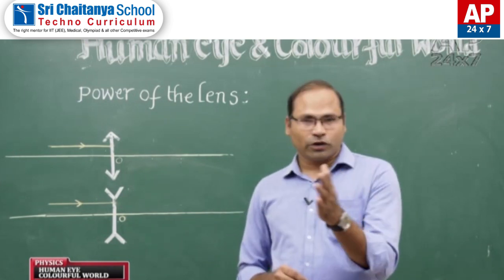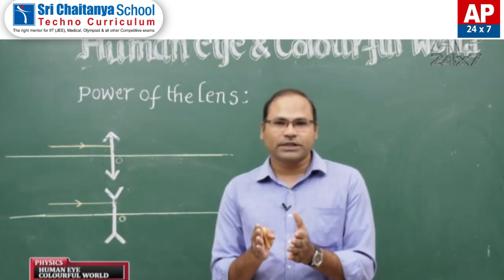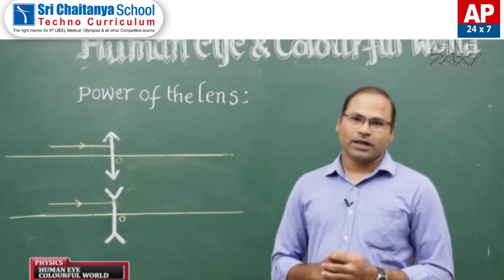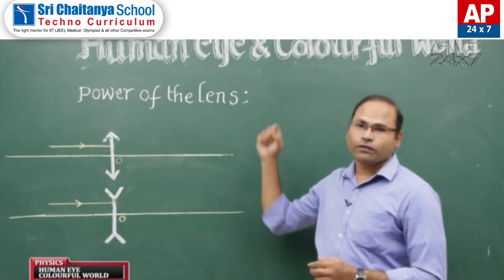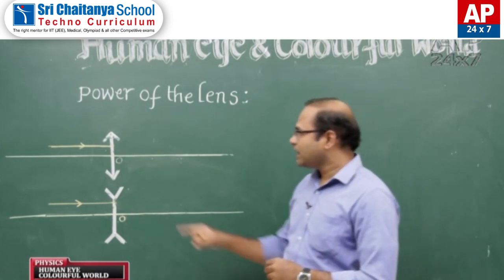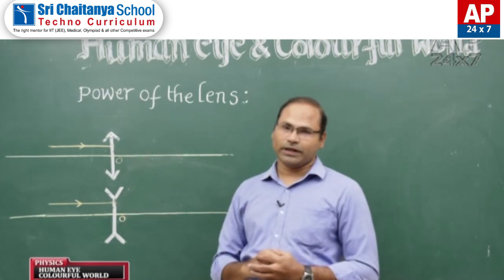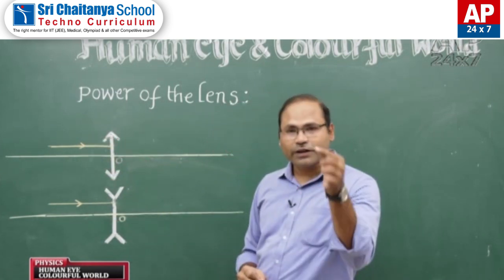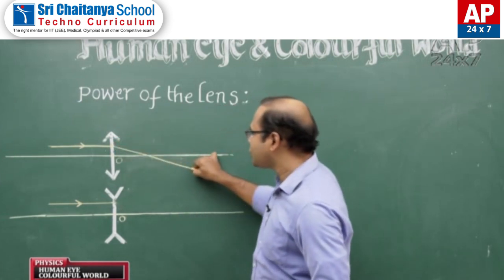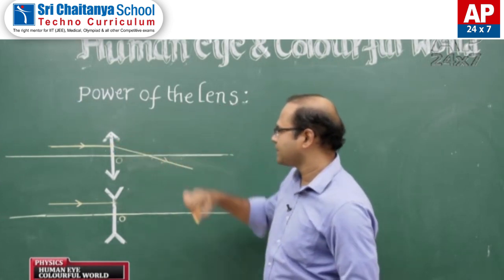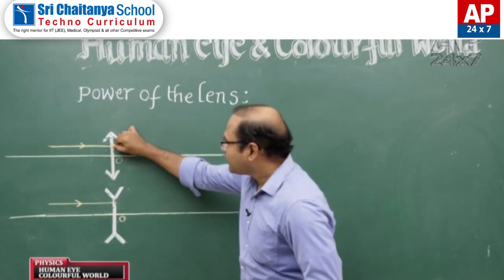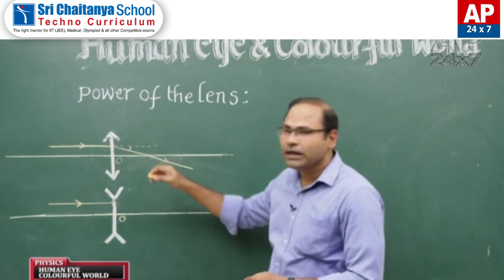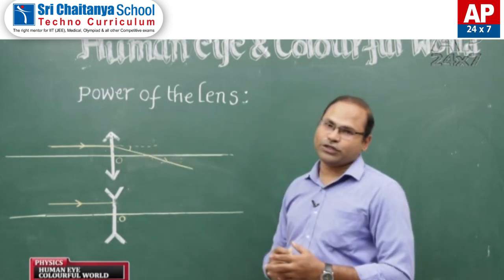After testing a defect of vision, an eye doctor prescribes a corrective lens in terms of the power of the lens. Now, let us try to understand the power of the lens. For that, let us consider a convex and a concave lens, and we know a light ray parallel to the principal axis, after refraction, gets converged and meets the principal axis. Instead of going in a straight line, it gets converged with some angle. That is called the degree of convergence.